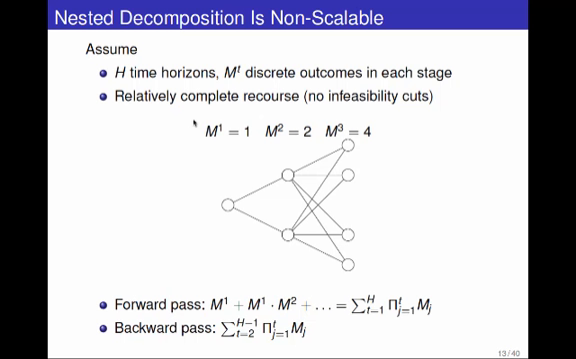So we have capital H time periods, and M superscript T denotes how many nodes we have in each time period. So in this case, we have one node for time period 1, so M superscript 1 is 1. We have 2 nodes for period 2, so M superscript 2 is 2. M superscript 3 is 4. Now, the question for you is, where did I get,